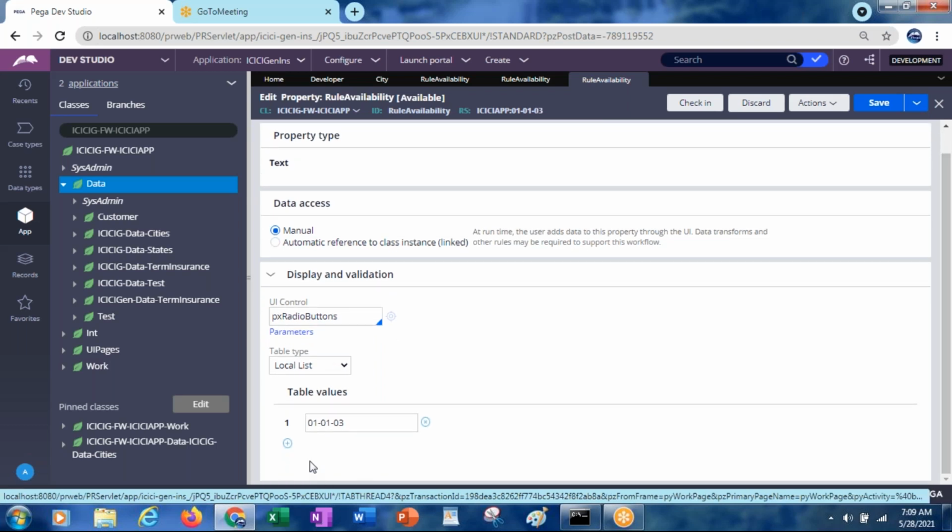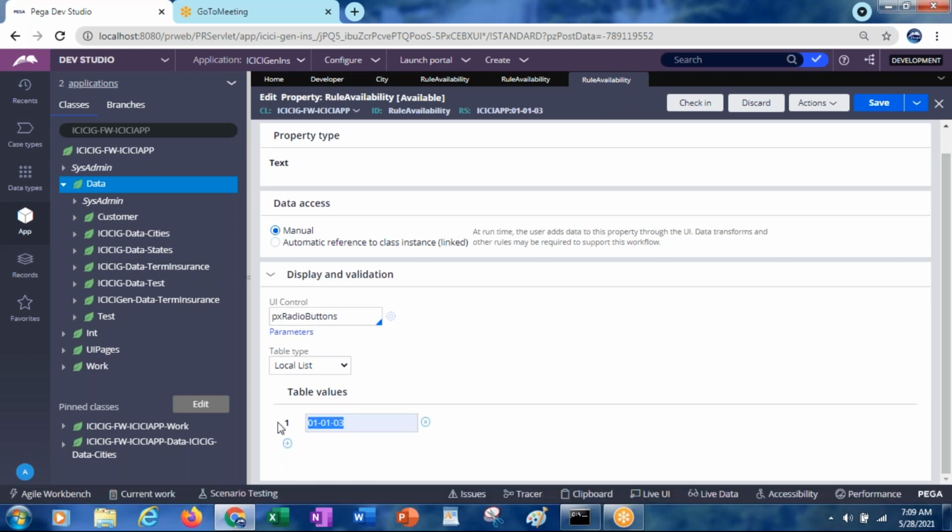Here the label I am giving is FW. From the framework I am referring like this. Sorry, it's the ICICI app, right? Not the FW. Okay, give ICICI app division layer.